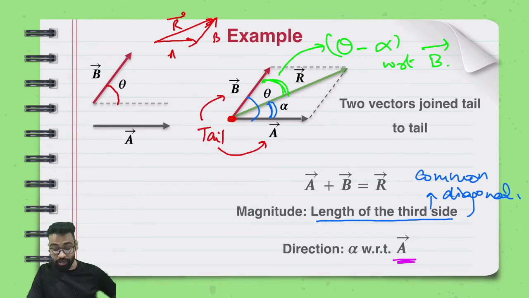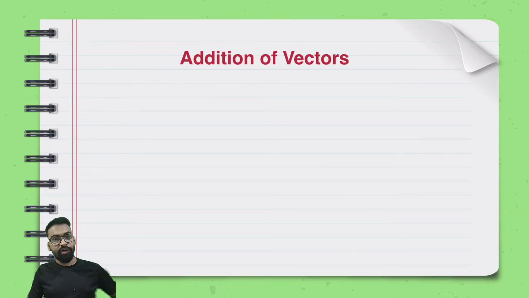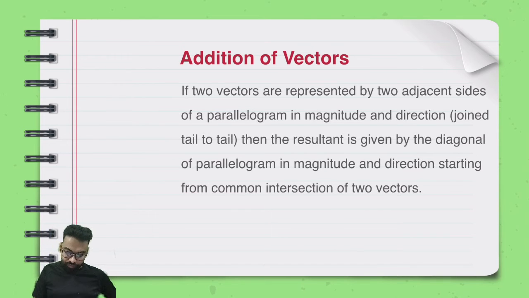Right? Absolutely correct. So anyways, if we move a little further, we talk about this addition with respect to a definition. So, what is it that we get? We say that if two vectors are represented, again the vectors are A and B. Parallelogram law again requires two vectors A and B. It does not include more than two, right?